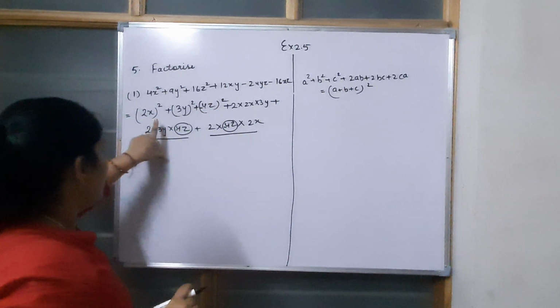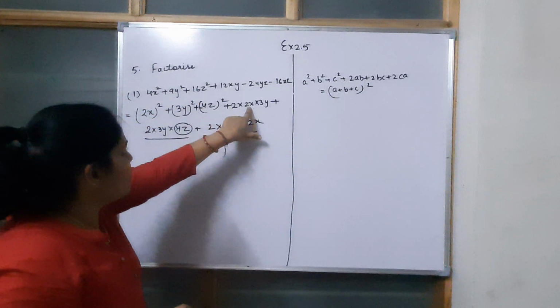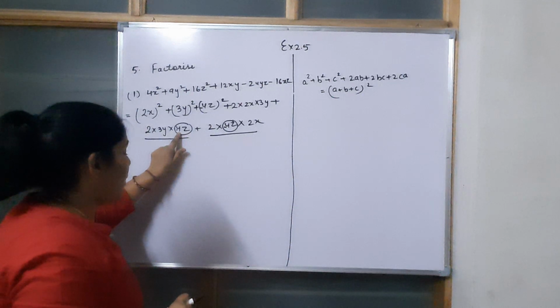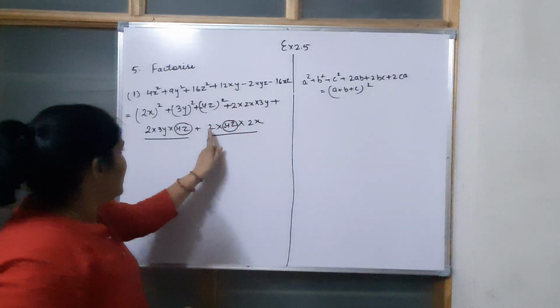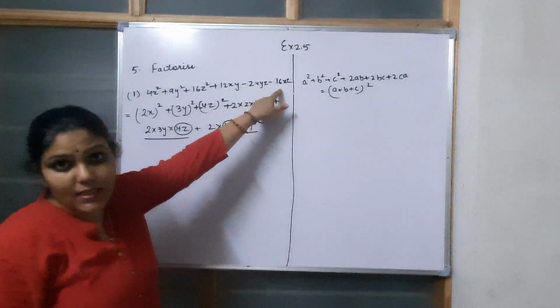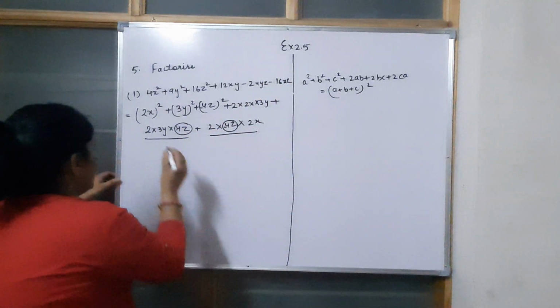Now again we get the same thing: 2 into 2 is 4, 4 into 3 is 12xy, plus. Then 2 times 3 is 6, 6 times 4 is 24, so minus 24yz. 2 into minus 4 is minus 8z, minus 8 into 2 is minus 16xz. Yes, we are getting it. So it means using